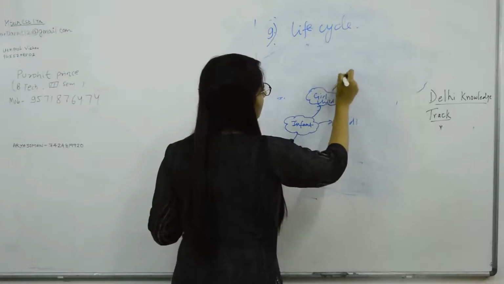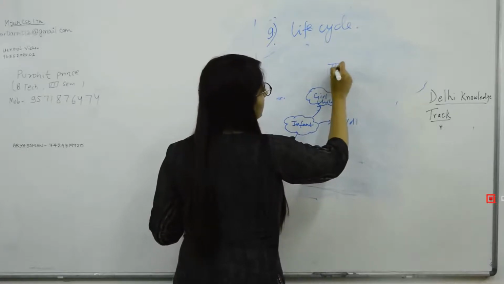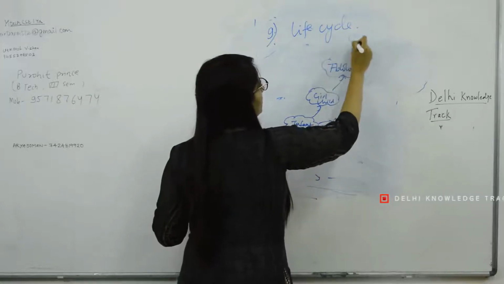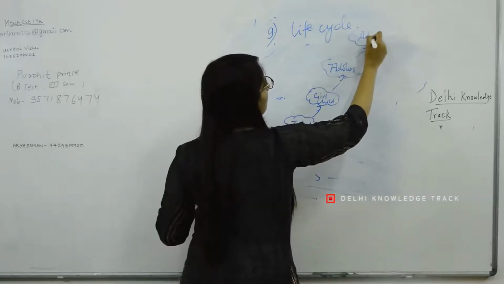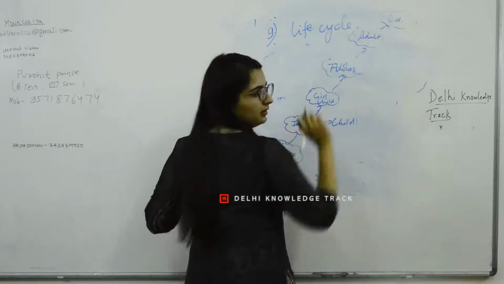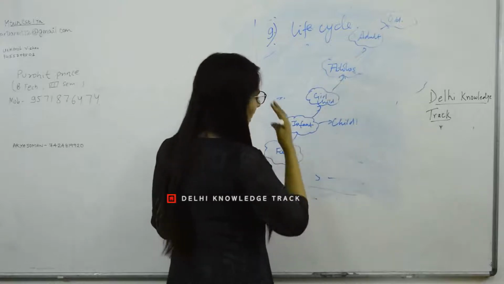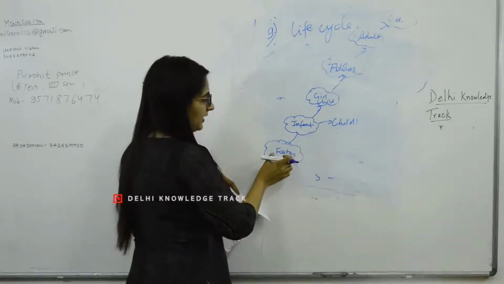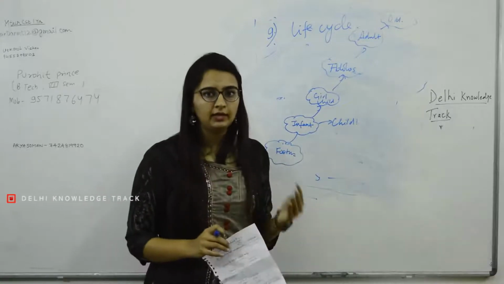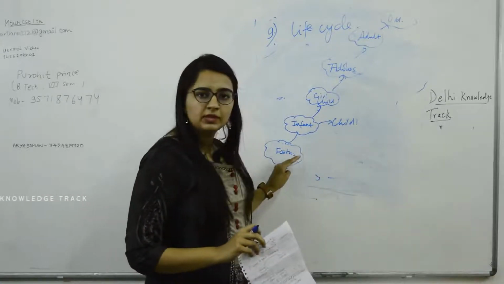then she is a teenager, adolescence, then she is an adult, and then she is an old aged person. So this is called the life cycle. Now for every part of the life cycle which I am writing, we can easily recognize, any one of us, what are the problems girls are facing.